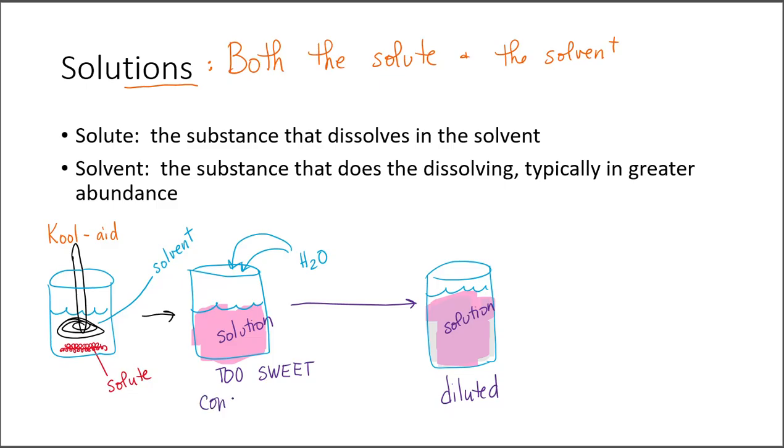So you can have a concentrated solution. It's got more solute to solvent. The solute to solvent ratio is greater. You have more solute to solvent than you have in a diluted solution where there is less solute per solvent. The ratio of solute to solvent has decreased. So just keep these terms in mind, concentrated versus diluted. So that is solutions. And we have to talk about these concentration units. We need to know if something is concentrated or if it's dilute and how we can use these solutions to calculate things